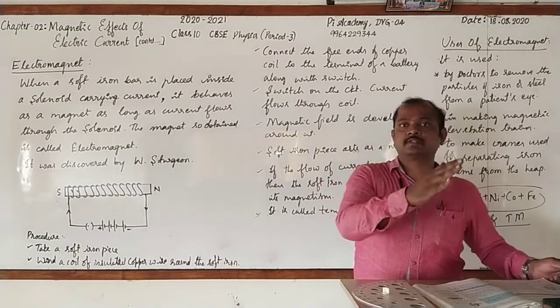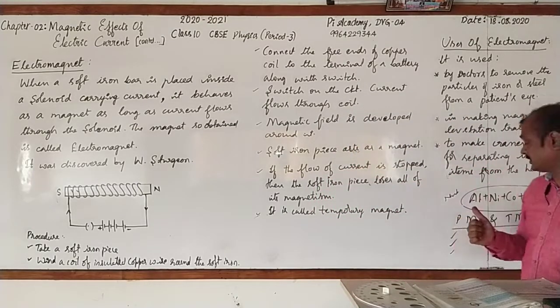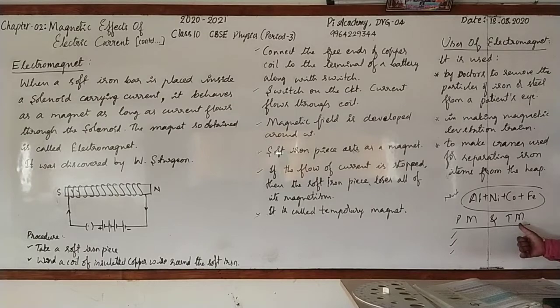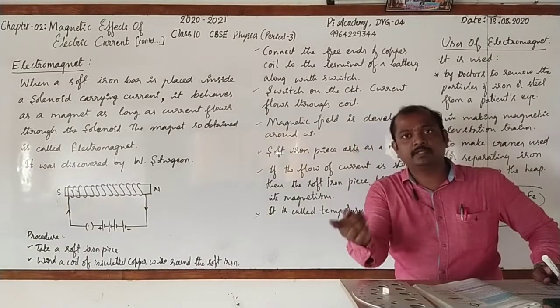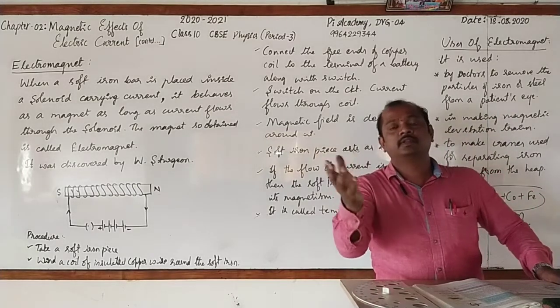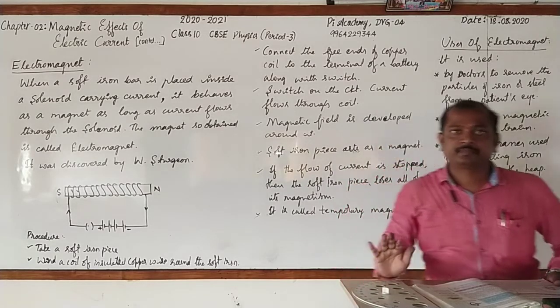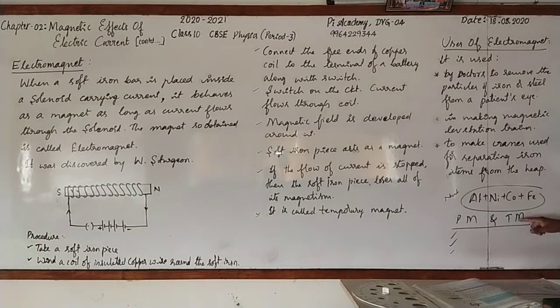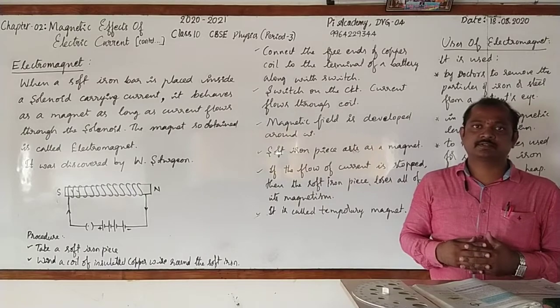And a permanent magnet has two poles which cannot be changed. It has north and south. They cannot be changed to south and north. But in case of temporary magnet, the polarity, that is the north and south poles, can be interchanged. When you interchange the terminals of a battery, the poles will also get changed. Clear? Yes, these are the differences. You try to write them yourself. So now we are moving to answer the questions that are given in the NCERT text.